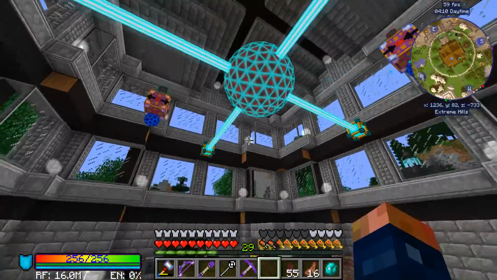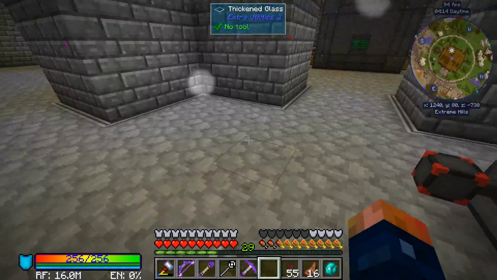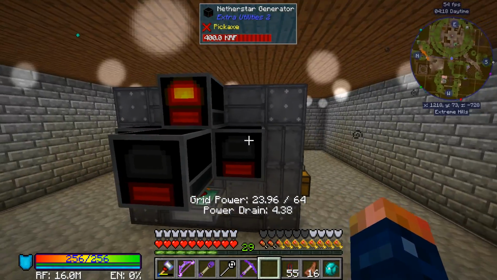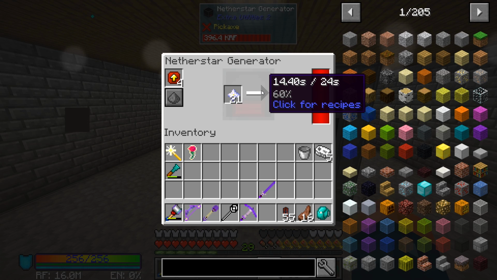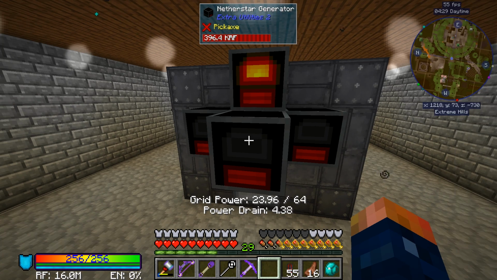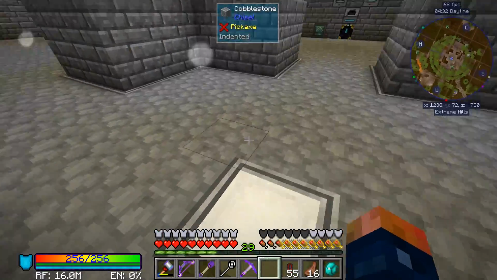So our power is maxed out. This guy is maxed out. I have actually filled it all the way up and completely depleted it once, being away from the server. But I went ahead and made 3 more Nether Star generators, and I max upgraded them. So they are producing... does it even show? No, it doesn't even show. But it is producing a lot of power. I don't know if it's the max 40, but it's producing...